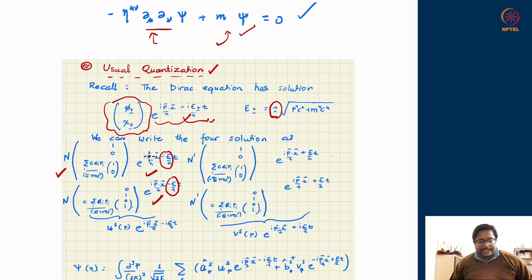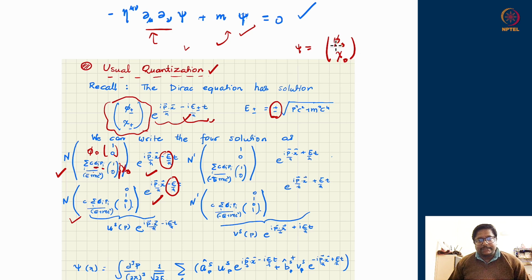Because if you work this i del del t, you will get a positive number out as an eigenfunction. And the spinor part, remember, was something called phi naught and chi naught, and there was a relation between phi naught and chi naught, given by sigma dot p, summation over all the Pauli matrices and all the momentum components in the helicity operator, divided by E plus mc square. So this was the structure. Go back to your Dirac equation notes, when we were trying to solve the Dirac equation. There, this solution emerged. In order to satisfy the Dirac equation as well as the Klein-Gordon equation, phi naught and chi naught in the doublet cannot be arbitrary. They have to be related like this.